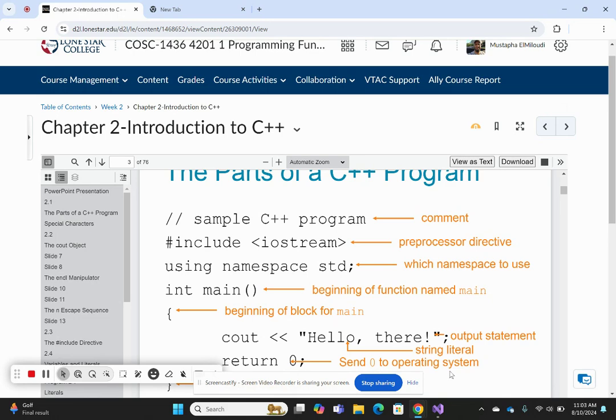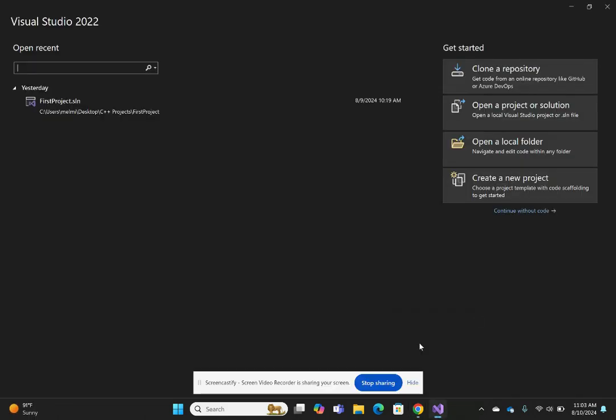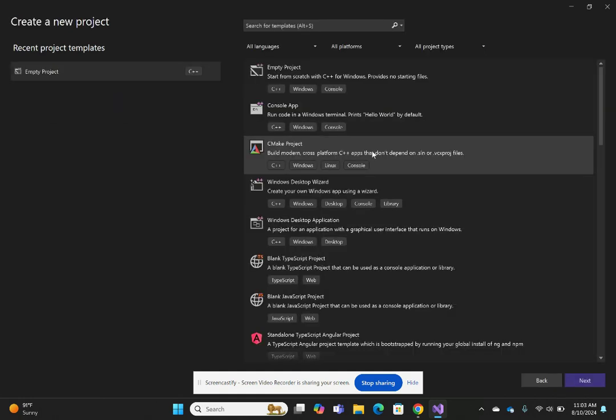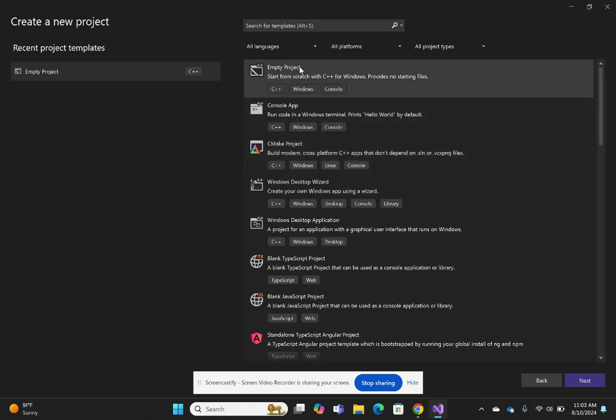then, okay, let me switch so we can kind of switch back and forth between Visual Studio. So this is the Visual Studio, as you can see right here. So you go to create a new project. Okay, and then you have to specify the location. Make sure you choose this empty project Windows, of course, if you are using Windows. And then you're gonna click next,